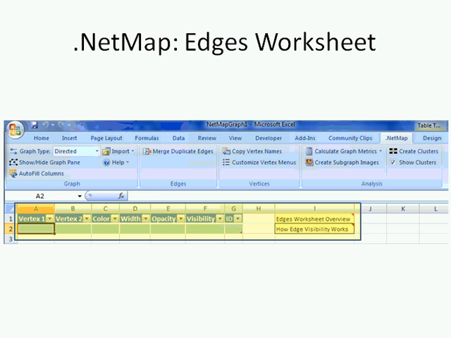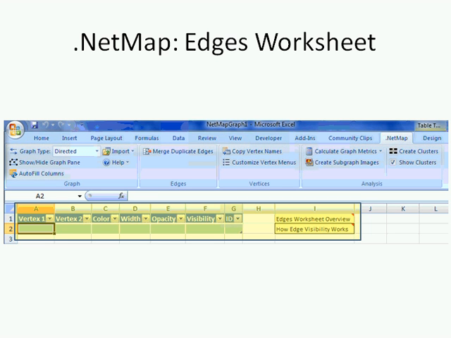I'd like to walk through just a quick overview of those menu items, and I'll give you a quick description of each, and then we'll move to what you can do with those features. Up in the upper corner, we have graph type. At the moment, it is showing the graph type as directed. Another alternative is undirected. In an undirected graph, we remove all arrowheads, so there is no directionality of a tie, and certain measurements, network metrics, are calculated differently, or in some cases not at all, if you have an undirected graph.